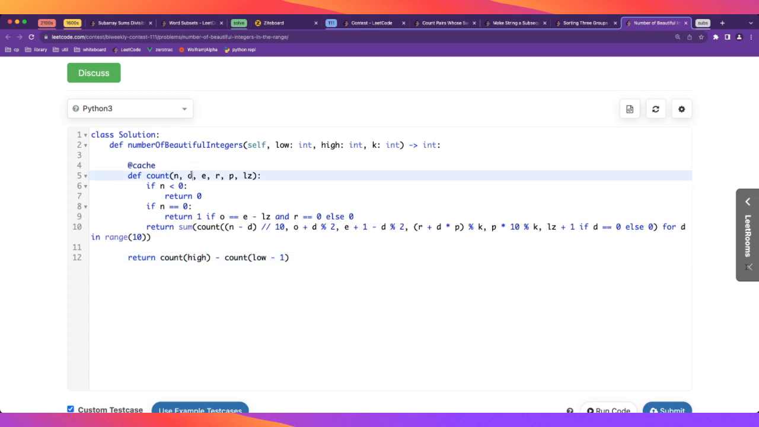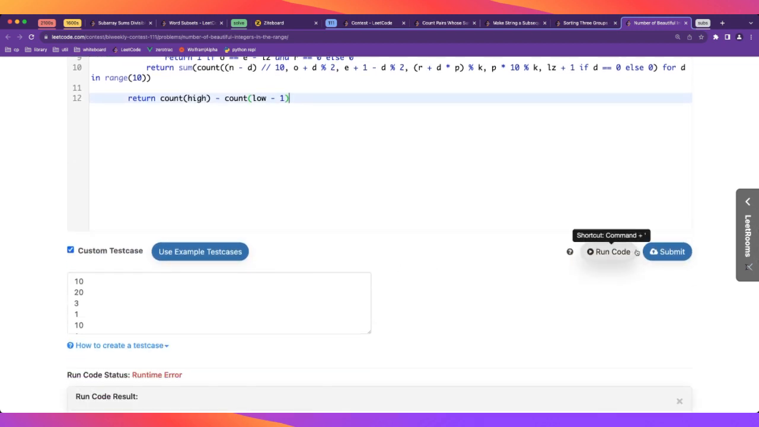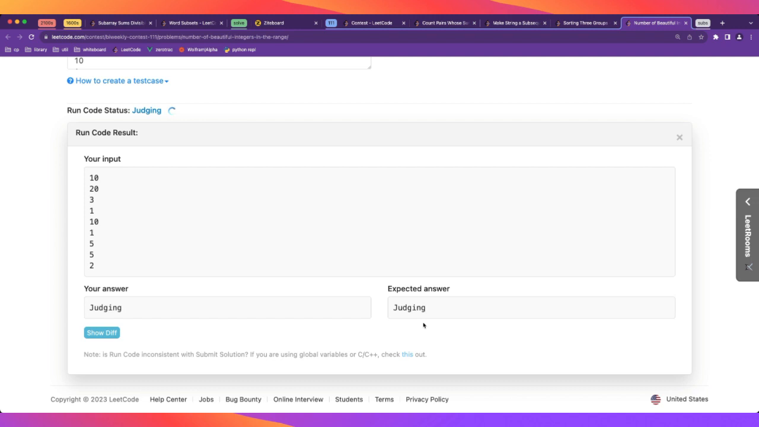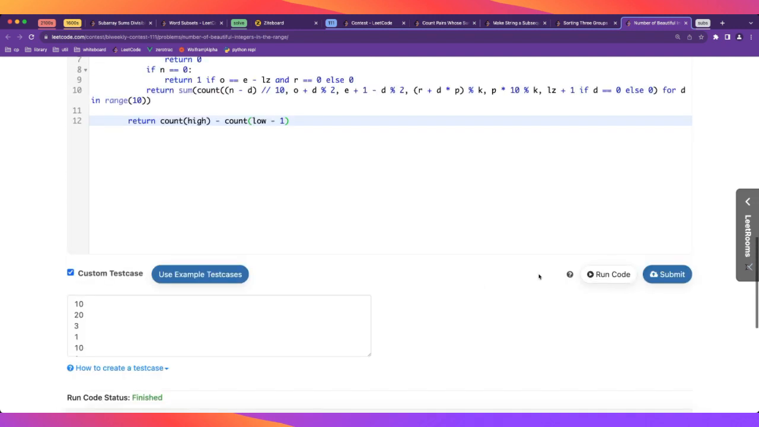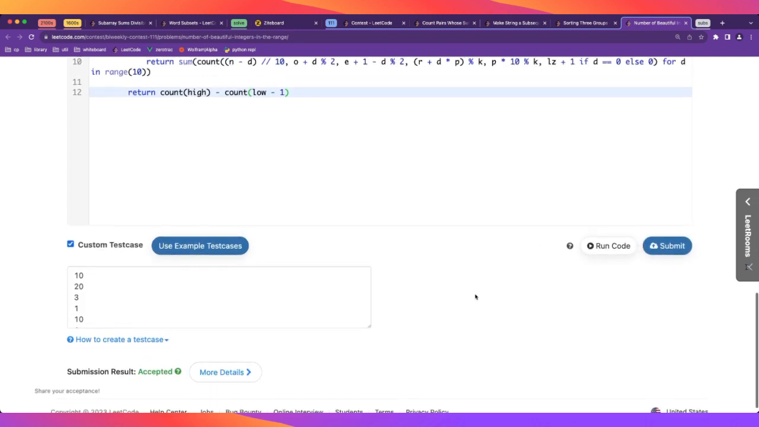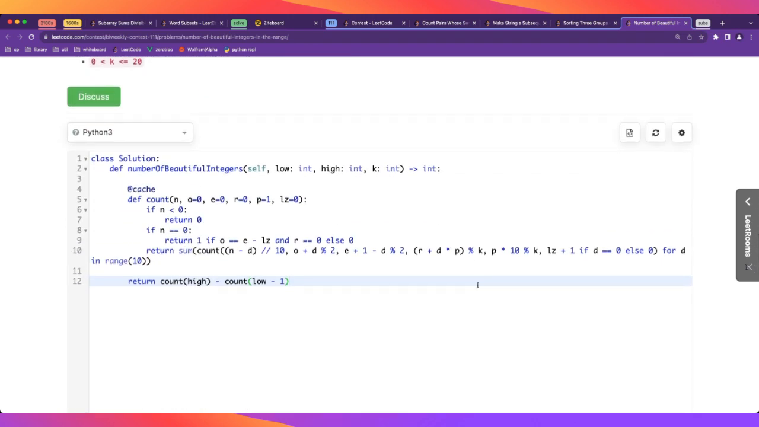Oh yeah, we need to add some default values. Hopefully this is easy. Yep. And submit it, and it's accepted. So yeah, I think you need to know this technique, the digit DP, to solve this. Easy work. Yeah, I think I'm not gonna lie,